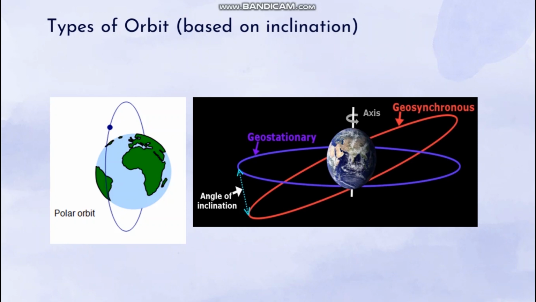The International Space Station, ISS, is located in low Earth orbit, and all the remote sensing satellites for Earth observation are also placed in low Earth orbits. In the medium Earth orbit, navigation satellites relating to GPS, GLONASS, Galileo are kept. The communication satellites are placed in geosynchronous and geostationary orbits.